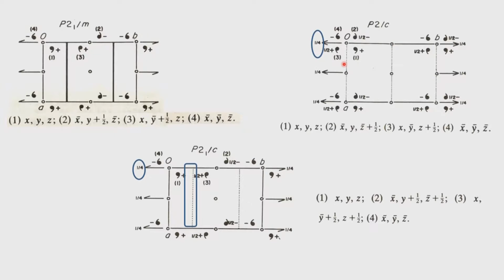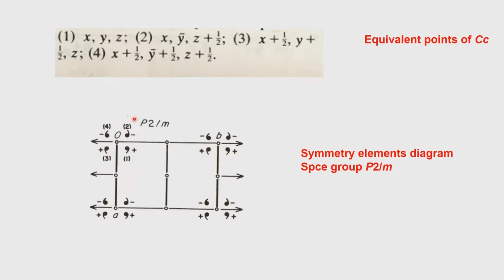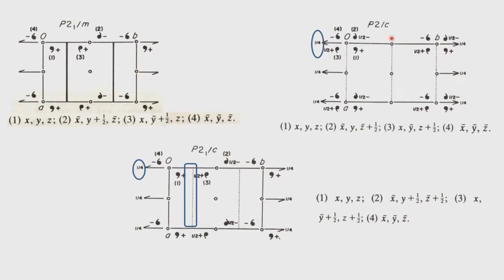So the two-fold axis will pass somewhere there at 1/4 if this is the C direction, and of course it can come at an angle beta. So the symmetry operation therefore now will be these are the equivalent points which are given. You see that the equivalent points are very similar to P2 by m. If you go back and see the P2 by m, the symmetry points are all clustered around this origin. Once again they cluster around the origin, except that the point 2 and point 3 you notice here, we will see the two-fold axis 1/4 from here, and as a consequence they move by half unit.